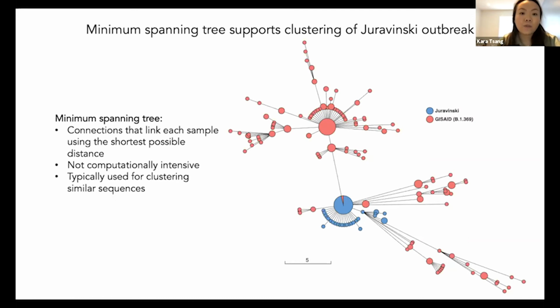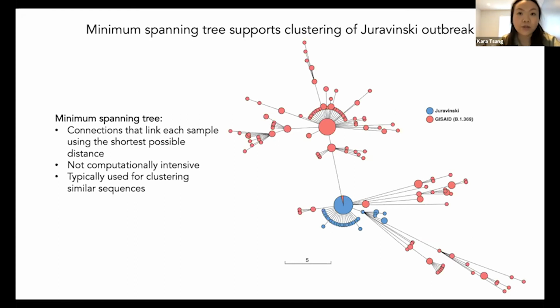And so the distance between each of the samples is the genetic difference between each sample. For example, if a connection was the length of the bar at the bottom, that would indicate there is approximately 5% of genetic difference between one sample and another. And so the takeaway from this tree is that Juravinski samples are very similar to one another,